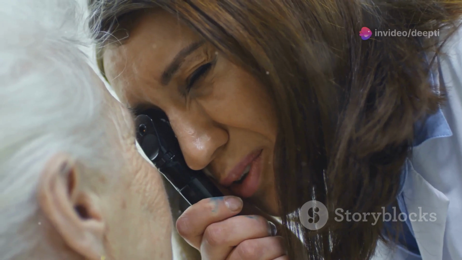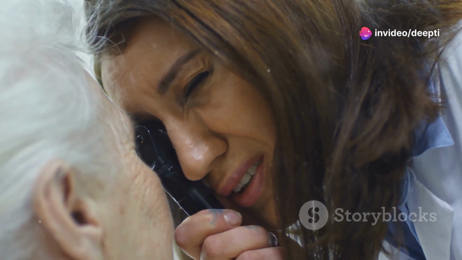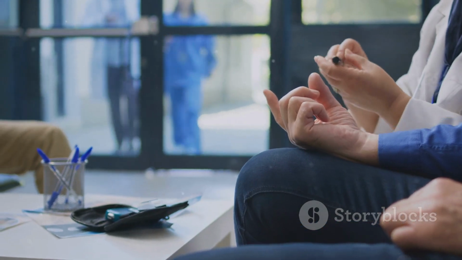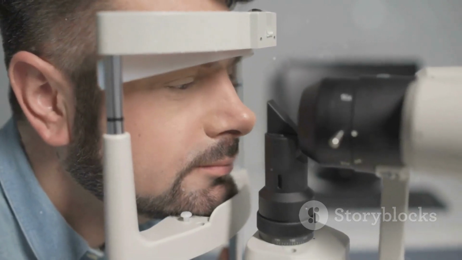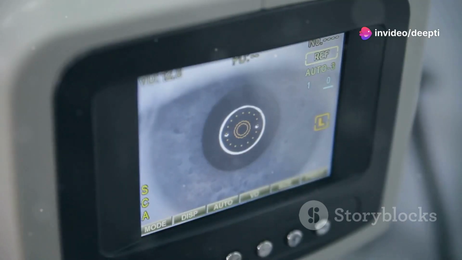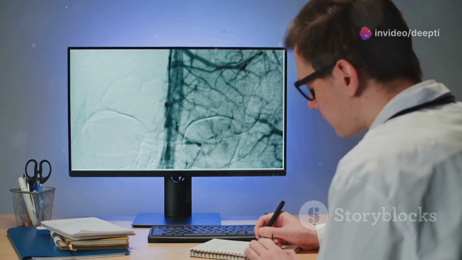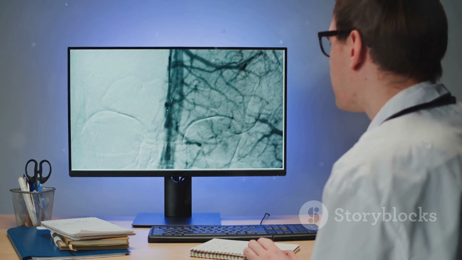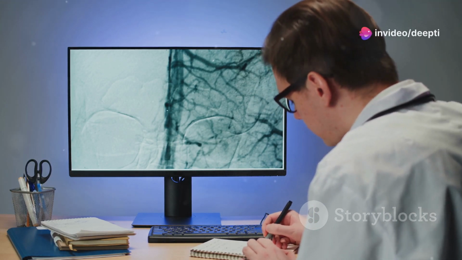Diabetic retinopathy typically progresses through different stages, each characterized by increasing severity of retinal damage. Understanding these stages is essential for determining appropriate treatment strategies. Mild non-proliferative retinopathy, NPDR. This is the earliest stage, characterized by microaneurysms, tiny bulges in the retinal blood vessels. Moderate non-proliferative retinopathy, NPDR. As the condition progresses, more microaneurysms develop, and some blood vessels may become blocked, reducing blood